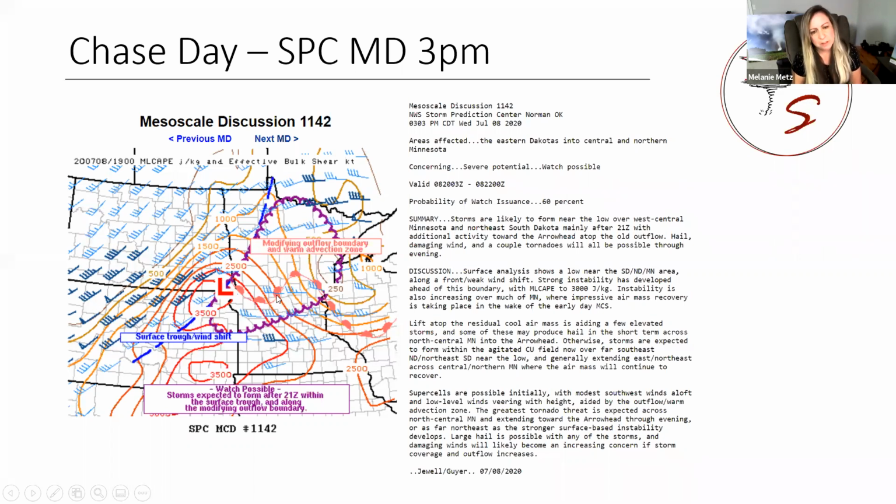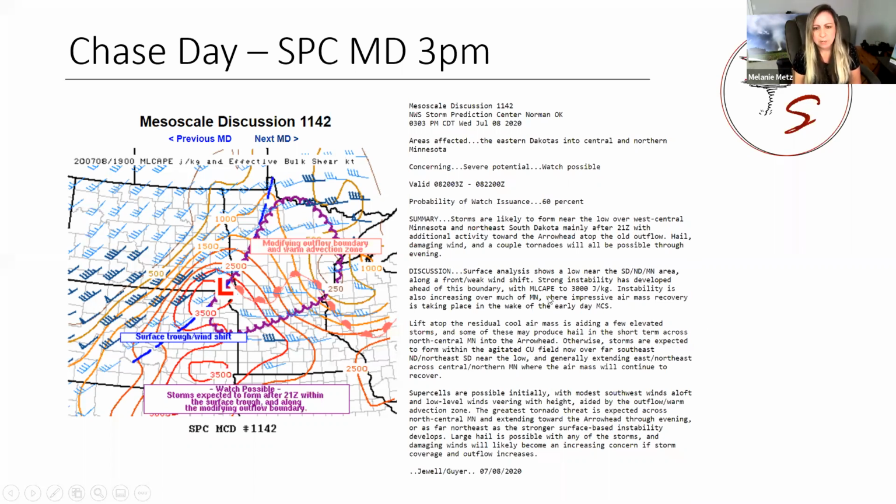They've got a lot of information here at different levels in the atmosphere. But they've issued this mesoscale discussion, and as Brad and I were moving out in that direction, we're like, oh boy, we do have to get west. These things are really coming together, and if storms fire a little earlier, we want to be there. It's important to be there for initiation, especially on a day like this. Oftentimes it's that first storm that becomes the most interesting, because as more storms develop later on, you get more merging and not as interesting structure.